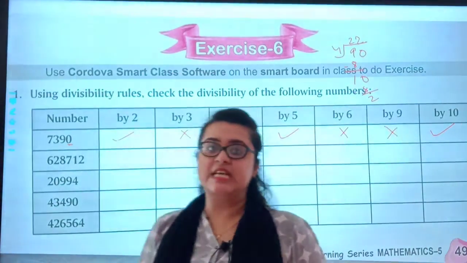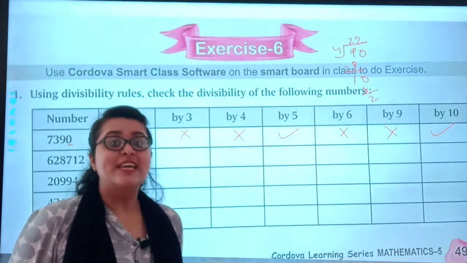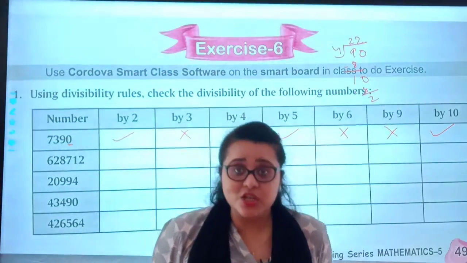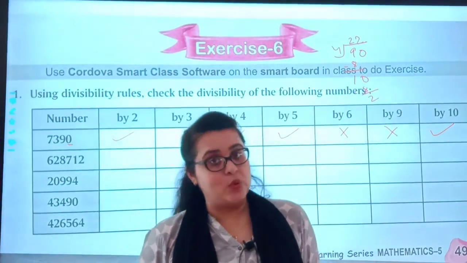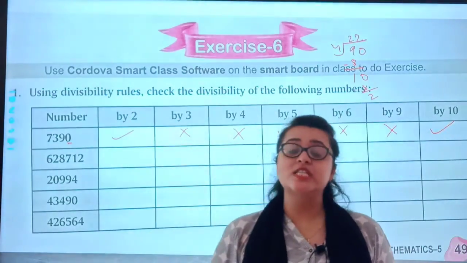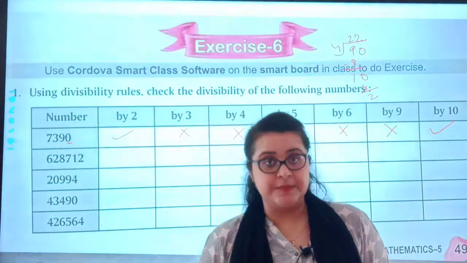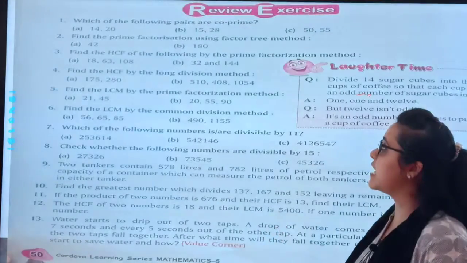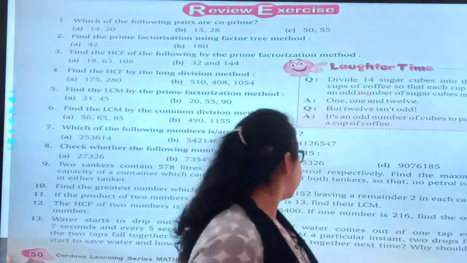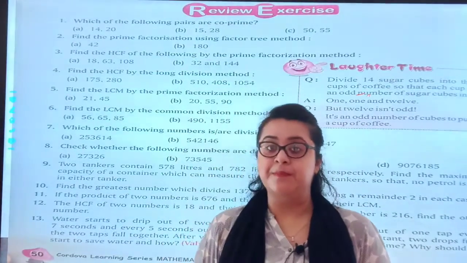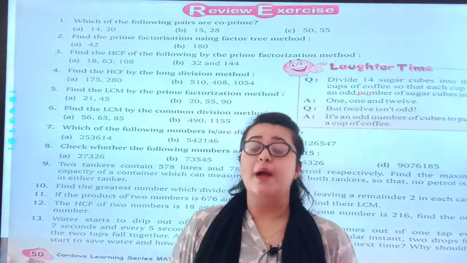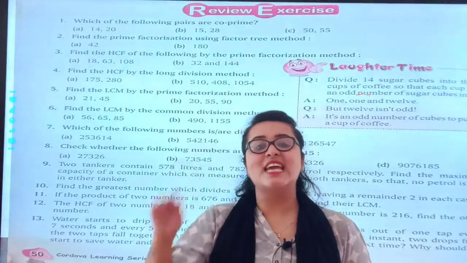Did you understand how to solve all these sums? It is so easy if you remember the rules. For that you have to rewatch the video to memorize these rules. Then afterwards you can solve this exercise. Okay students, so here we complete our chapter 6, and the review exercise you will be solving as a part of your worksheet of the whole chapter. This exercise is on page number 50. Okay students, don't worry, I will be sending you the notes, but try, practice a lot. Bye students, take care, have fun.